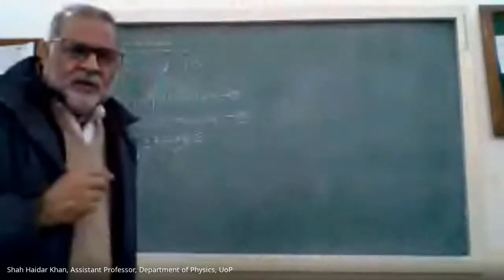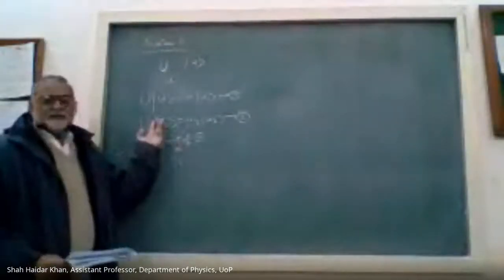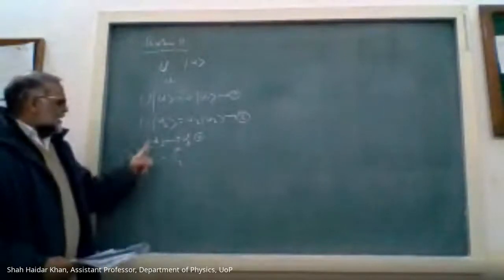Okay, so I am taking the adjoint of this. The adjoint of this will make U dagger. This is the scalar quantity, so we should take the complex conjugate of this. And therefore, that will also be changed. So I think the scalar product